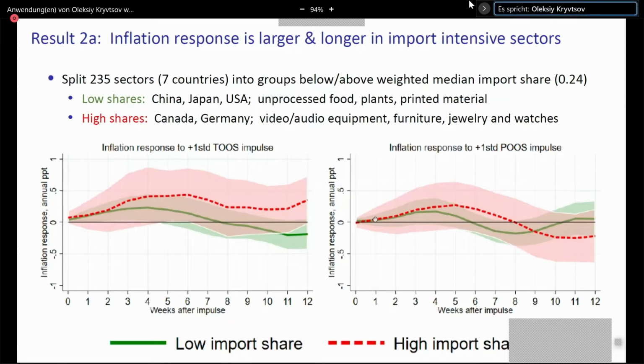The result is not so clear for permanent stockouts. That tells us that shortages that have to do with retailers adjusting the number of varieties available in the marketplace have less to do with exposure to trade and supply disruptions, to a much lesser extent than in response to temporary stockouts.